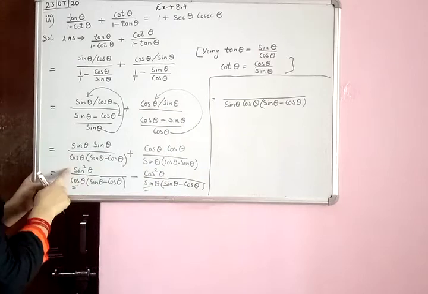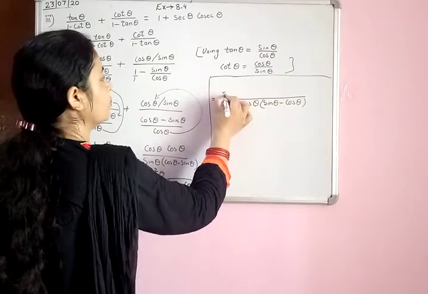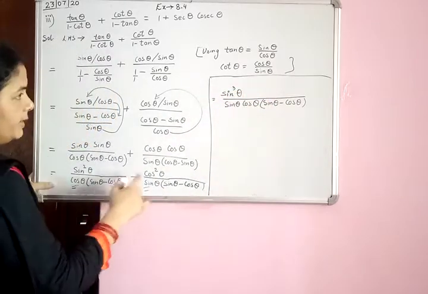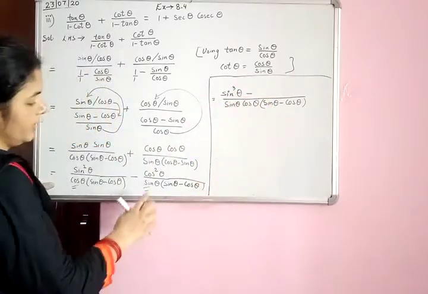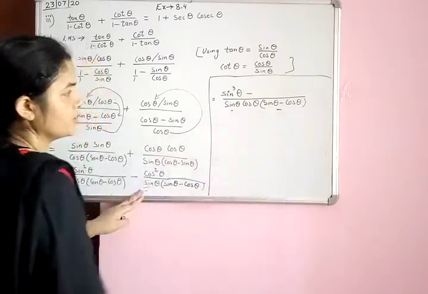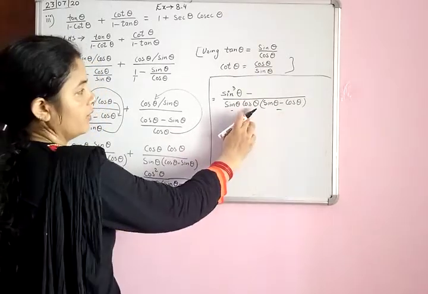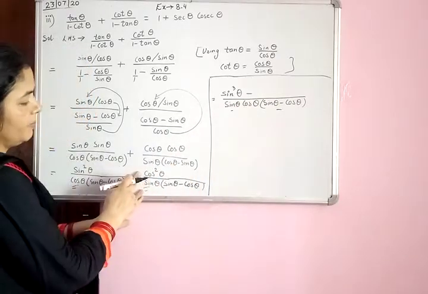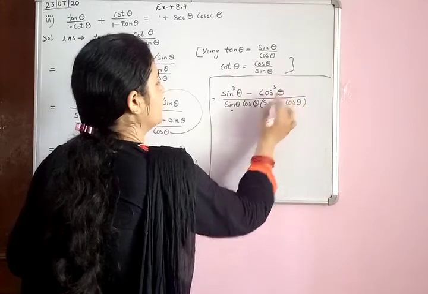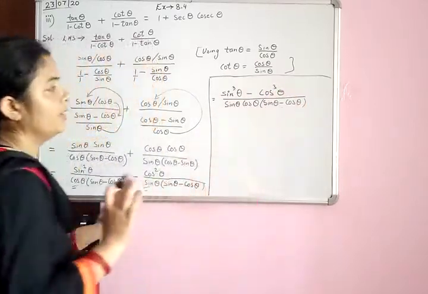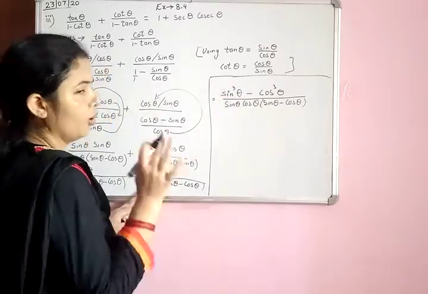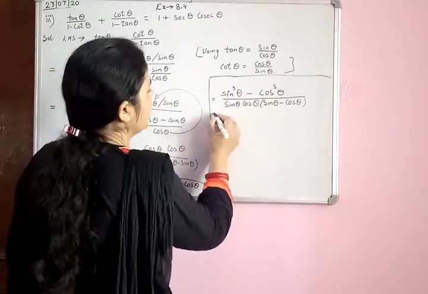Sine theta into sine square theta is sine cube theta. Okay, then minus sign. Similarly, sin theta minus cos theta is same. Then we have cos theta, and cos theta multiplied by cos square theta is cos cube theta. Okay, here we can use identity a cube minus b cube. I hope all of you have remembered this identity. So using